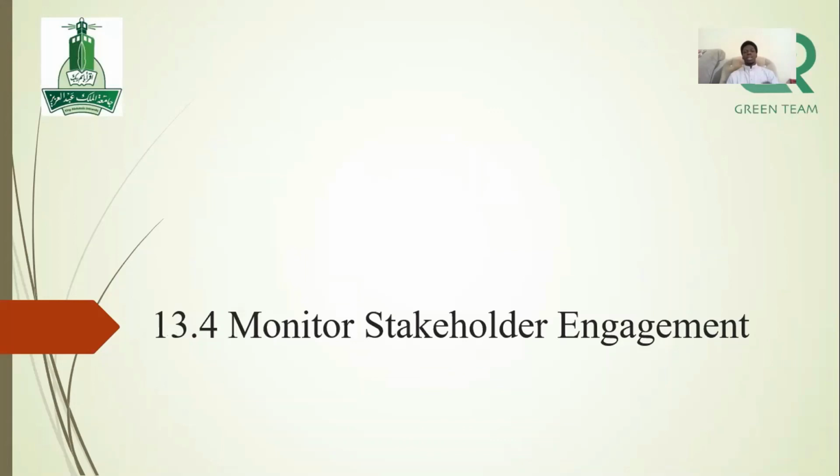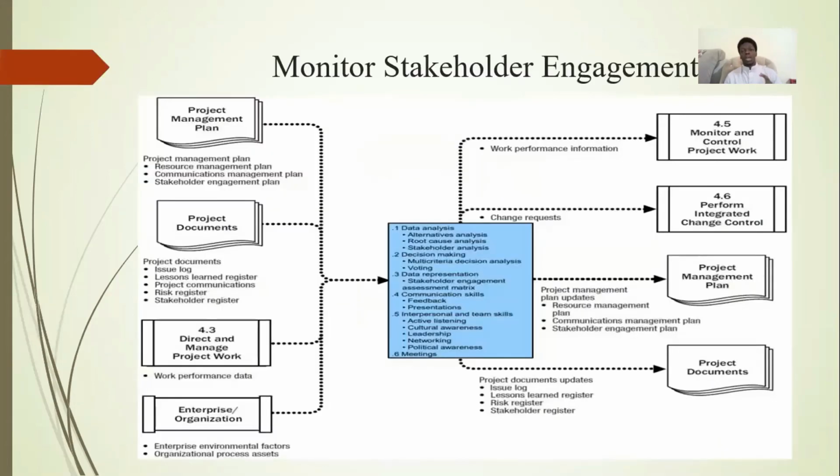Monitor stakeholder engagement. Here we should evaluate the engagement of the stakeholders and make them aware of the progress of the project and all the changes that have been made during the project. The outputs are updates to the master plan, project documents, change requests, and work performance information. After that,